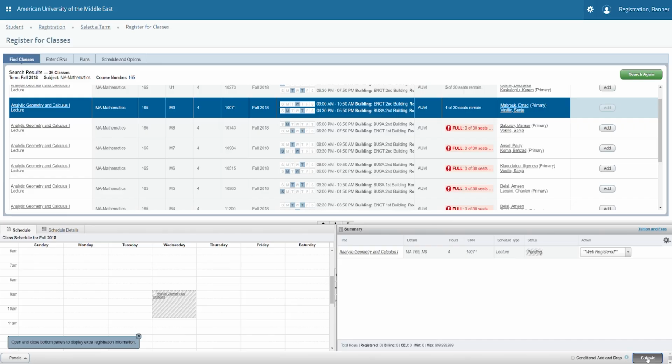Pending means waiting for your submission. Registered means you are enrolled in this section. Waitlisted indicates that you are waiting for a seat to become available. Web drop means you have dropped the section. The Schedule section will display your schedule as a calendar view. If any section is appearing in gray color, it means you did not submit your section yet. Click on